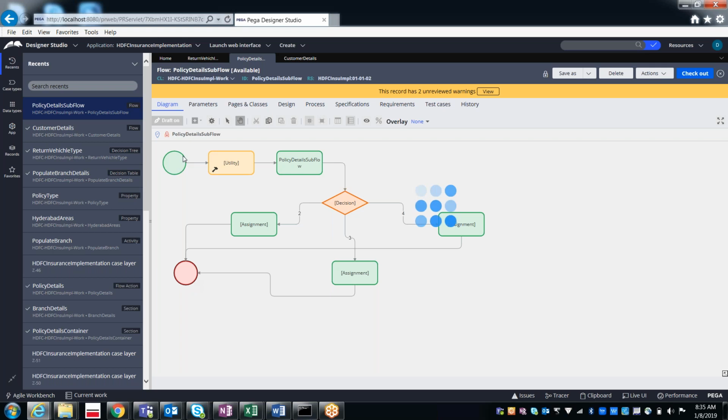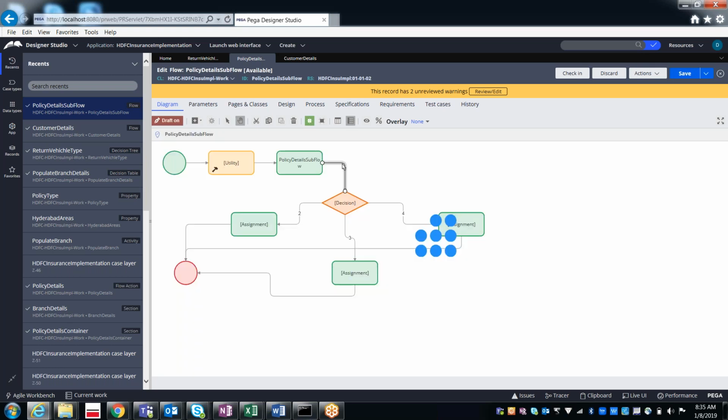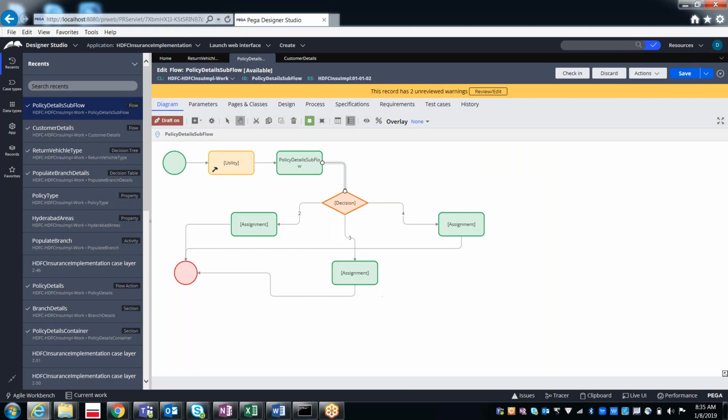Here it is starting the flow, then executing the utility, and after that it is first displaying the policy details flow action. After the policy details, based on the condition, it is moving to the next assignment.